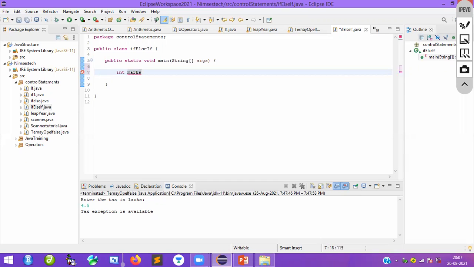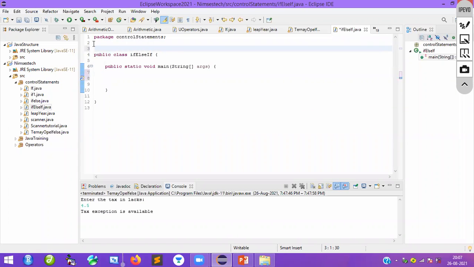You provide the marks, whatever marks you want. Instead of providing like this, I will import the scanner. That is better. Maybe I can do one program in this particular time. If possible, I will do more programs.